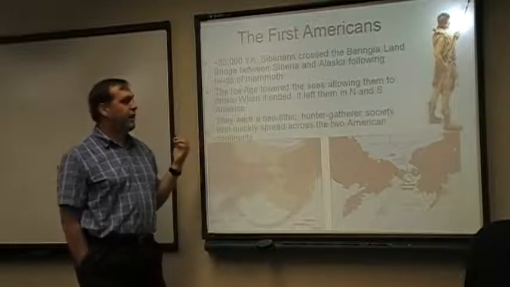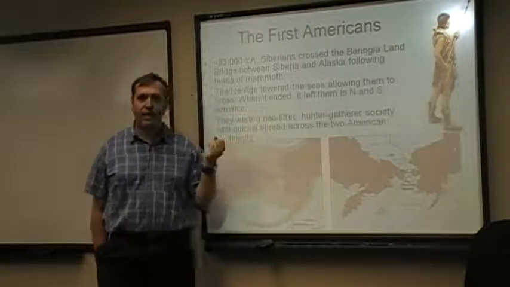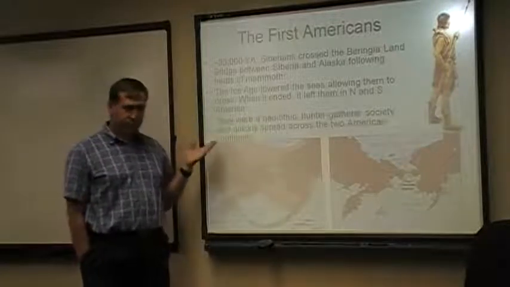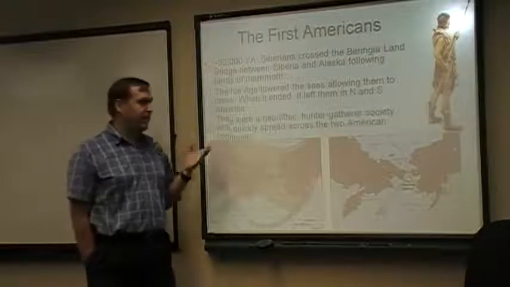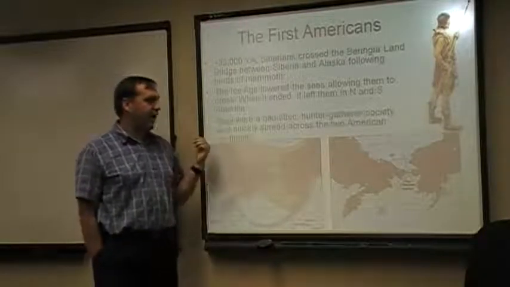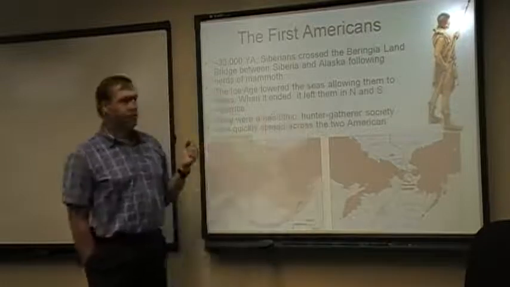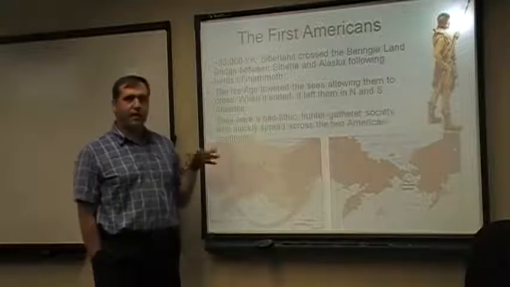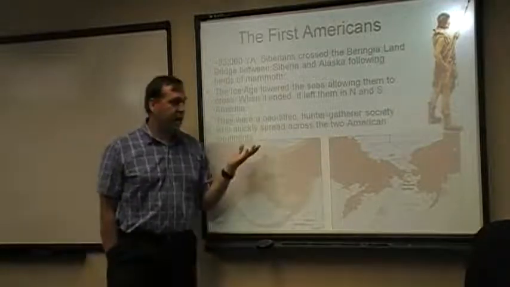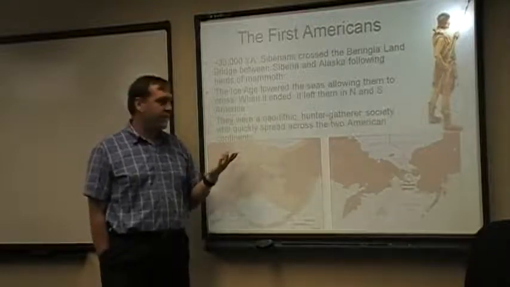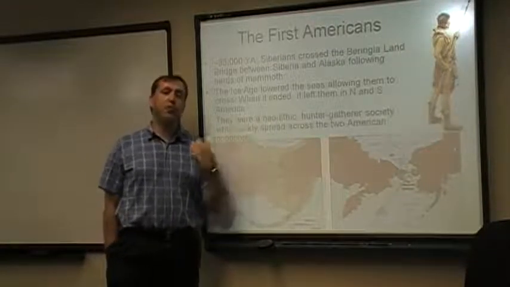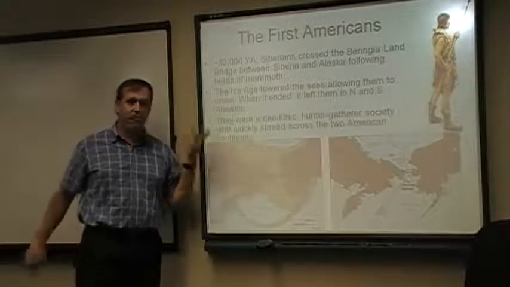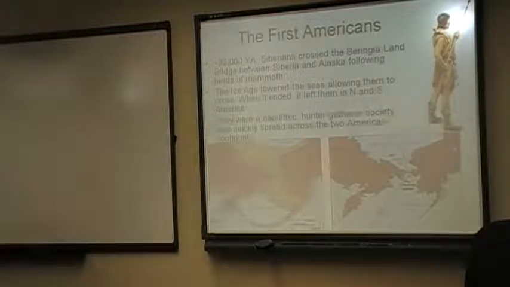Now, when we look at the culture of these people, they are what we would refer to as a Neolithic culture, which means a new Stone Age culture. They do not use metal tools. They are using stone, wood, bone implements that they can get from the environment around them. They also are a hunter-gatherer society, at least initially, which means these are groups of people that don't live in one place. They do not domesticate plants or animals. They go out and they hunt animals for their protein needs, and they go out and they gather the plants that are in their area. But that forces them to move around a lot. So this is going to be a very, very successful move for them as they have no human competition in either North or South America.